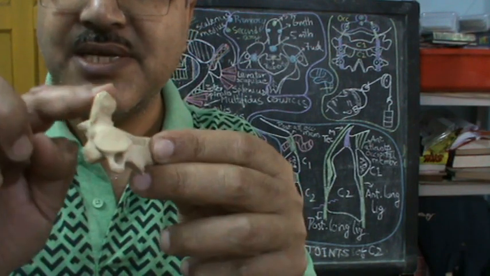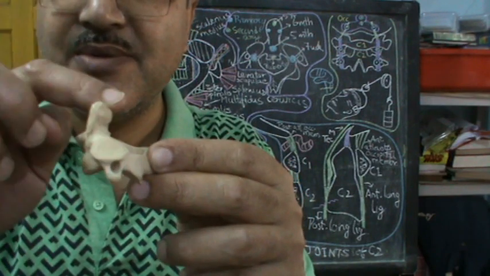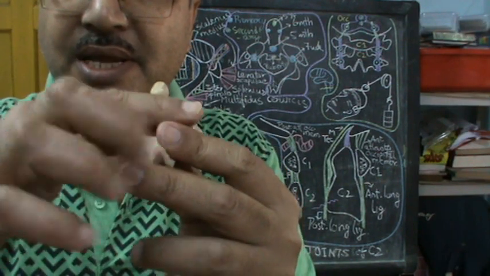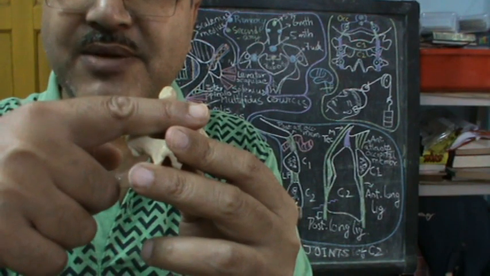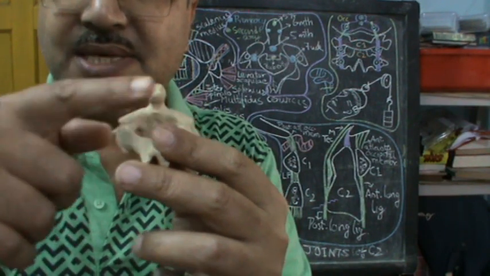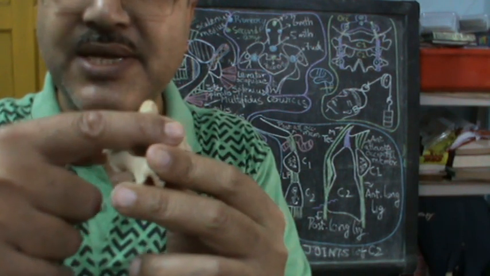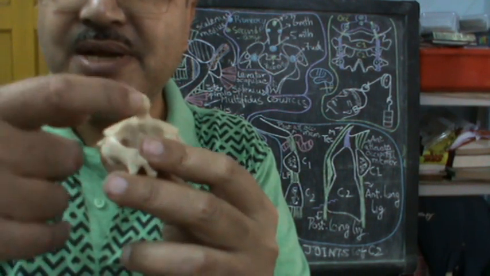From the flattened sides you have alar ligaments going up again into the occipital bone. At the neck you have the restraining transverse ligament of the atlas. It's not part of the axis, it's part of the atlas, so you have a transverse ligament over here, and that transverse ligament has an upper band and a lower band.